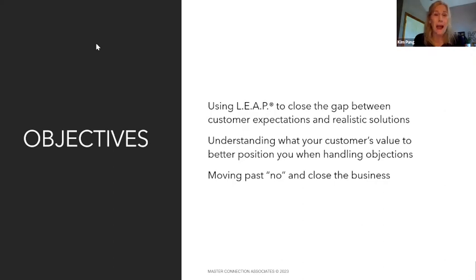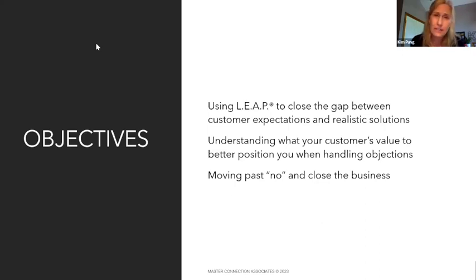Because in order for us to move past that no, past that hesitation, we have to overcome it. We have to understand what that hesitation is. And so the objection is giving us a chance to still sell and still win the business. But how we handle that moment is going to be crucial. I would say that how we handle the moment is almost as important as whatever solution or alternative or conclusion we come to when we overcome the objection, because how the customer feels when they're dealing with us is an important element in their willingness to move forward.